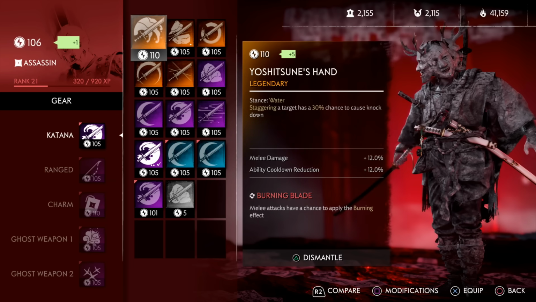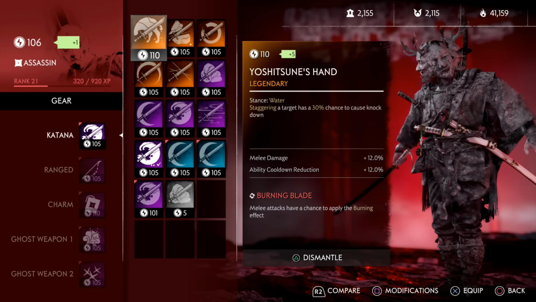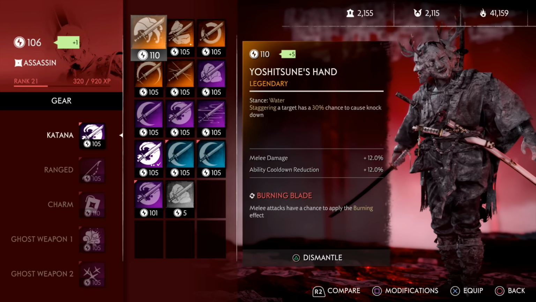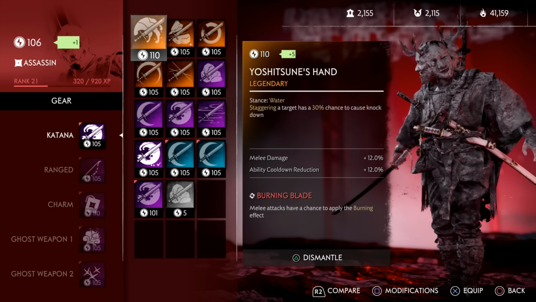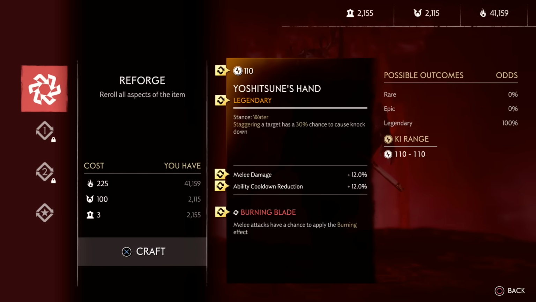From that point on, what you will want to do is to not try to push 110 unless it is absolutely necessary, because it's not going to be that worth it. The difference between 105 and 110 is not that massive to warrant the thousands of resources that you will be spending. To give you an example, with this Yoshitsune's hand right here, I did a few reforges. Now it is 110 right here because I pushed with it, but basically I did a couple of reforges,